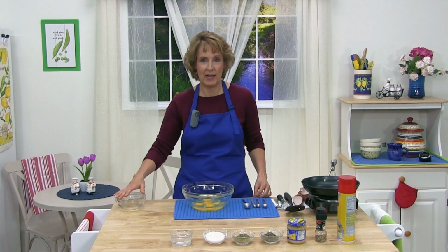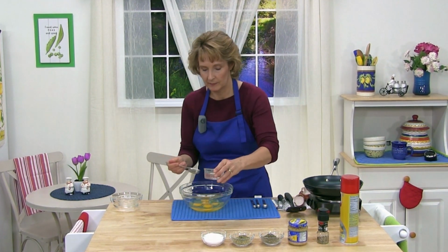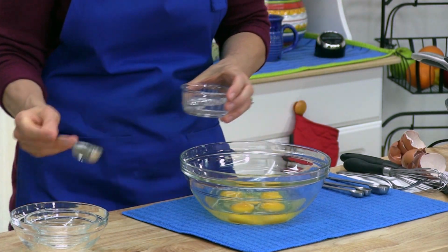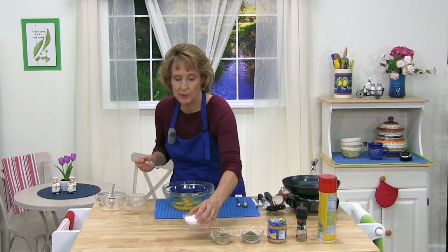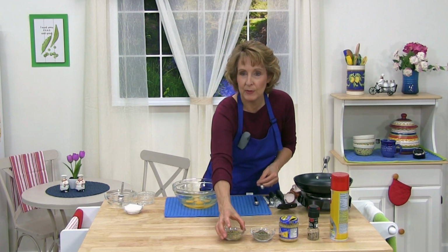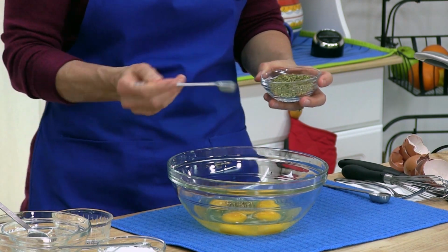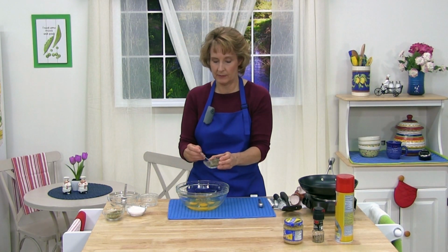So next I'm going to go ahead and add the water. We need 1 tablespoon of water and a 1/4 teaspoon of kosher salt, 1/2 teaspoon of oregano, and you can adjust these seasonings to your taste, 1/2 teaspoon of basil,